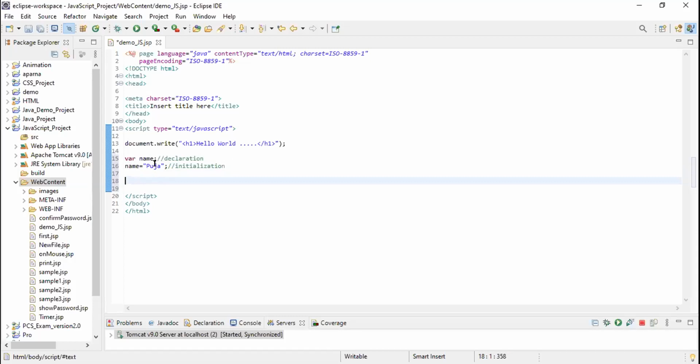Okay. So we can also write it in one line.